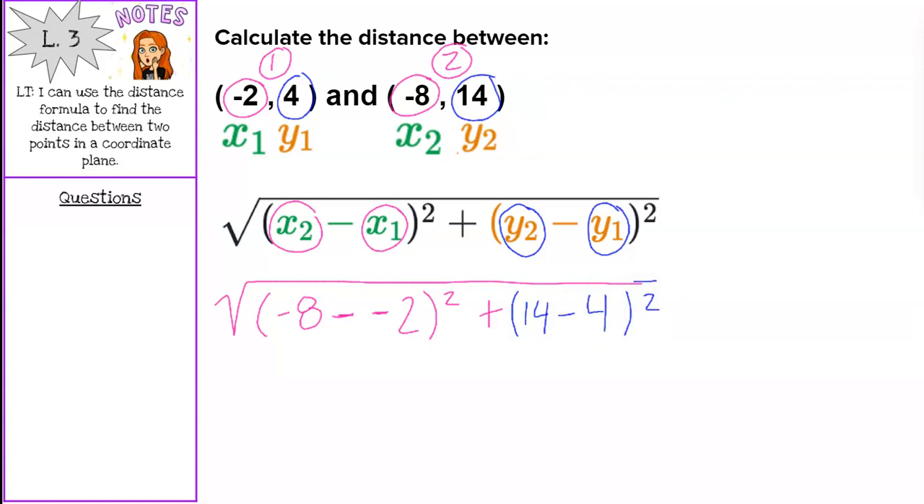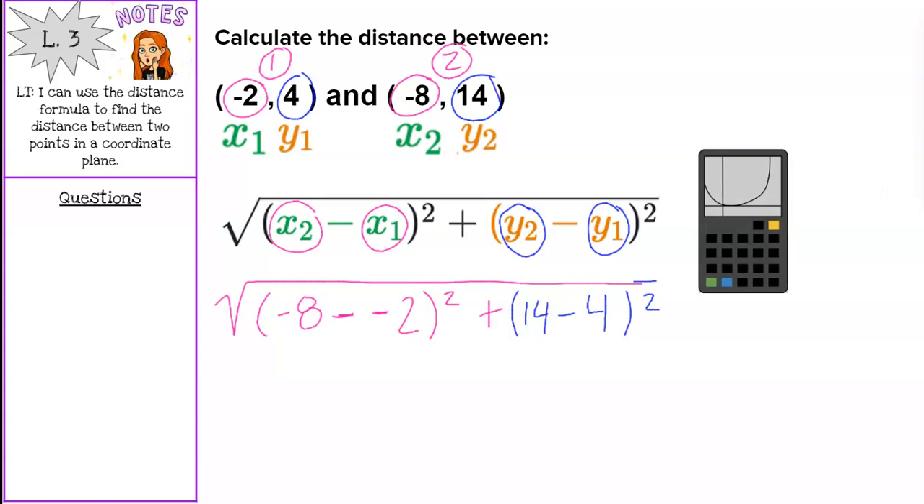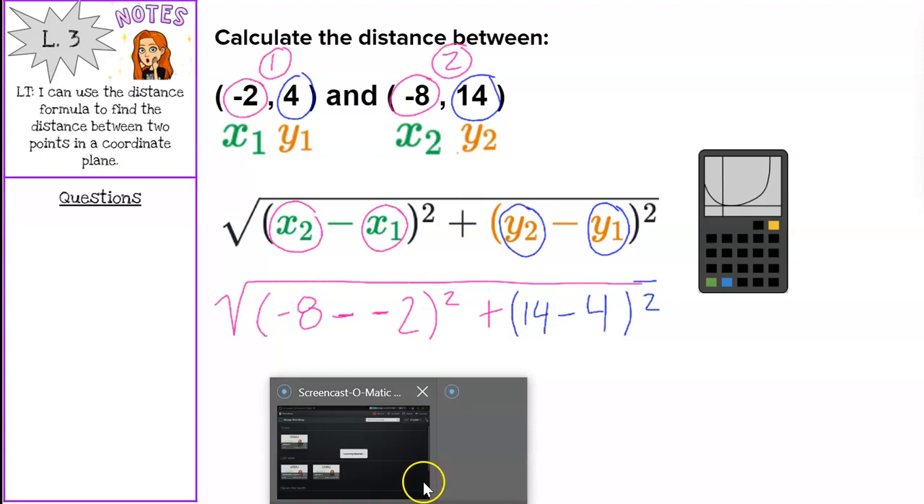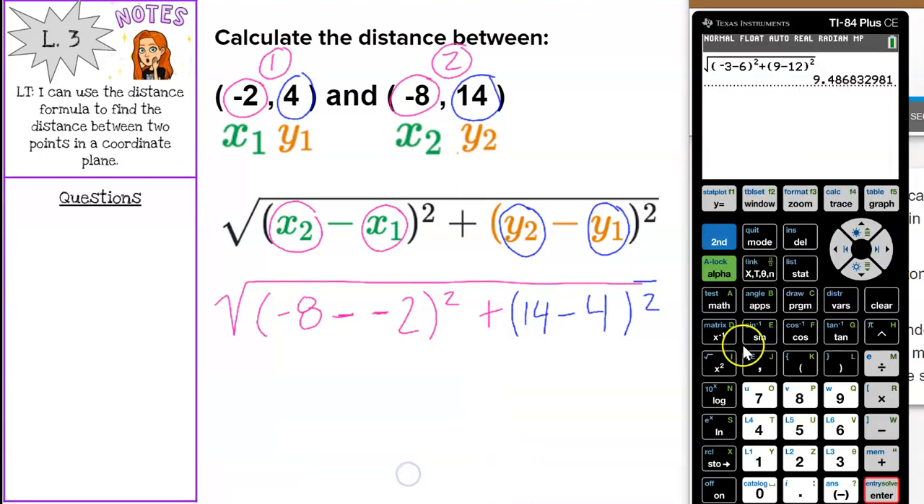Right now, I would like you to type this into your calculator and figure out what the answer would be. All right, let's check and see what we should type in and make sure we get it correct. We've got the blue button, then the x squared button to get that square root, parentheses, -8 minus -2, close the parenthesis and then square it, plus parentheses 14 minus 4, close the parentheses, square it, equals